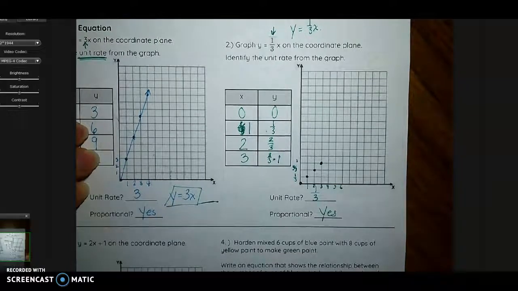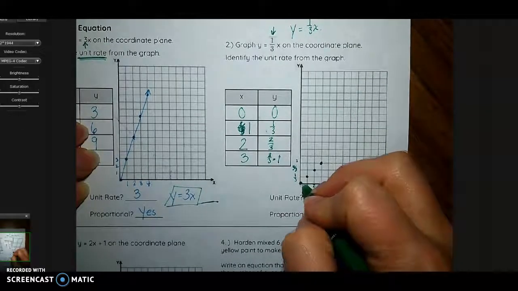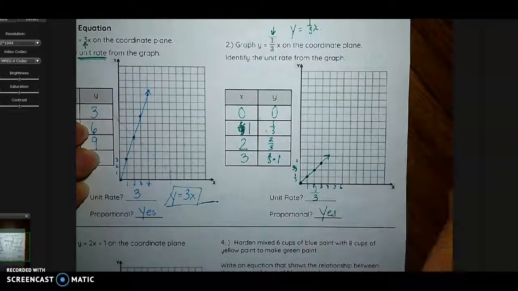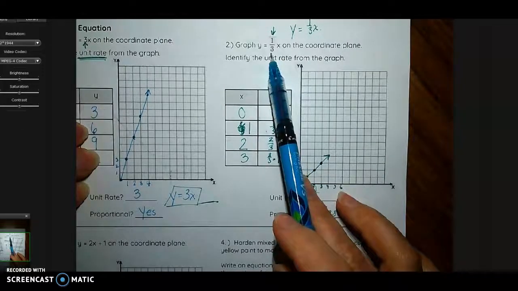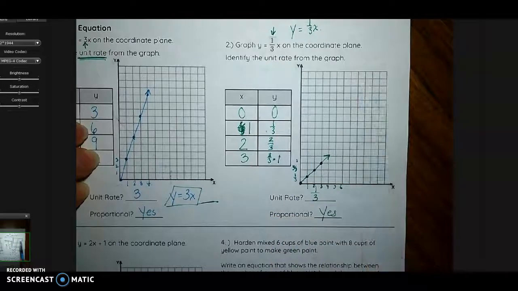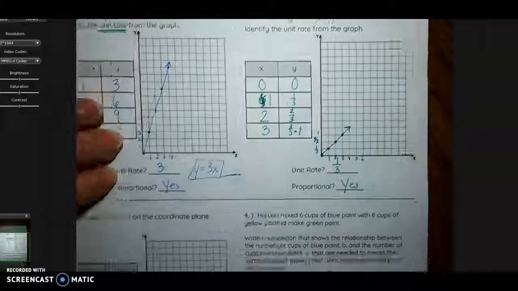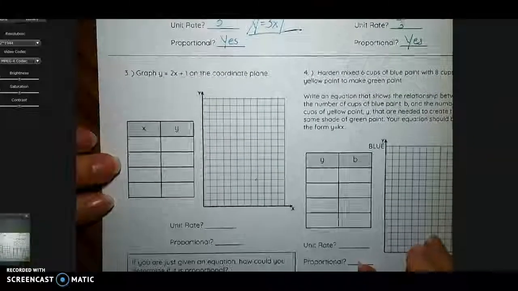And so is this a proportional relationship? It is. It's making a straight line. It's going through the origin. And I can also see that from my equation as well. So there's multiple ways you can tell whether or not it's proportional. Down here,